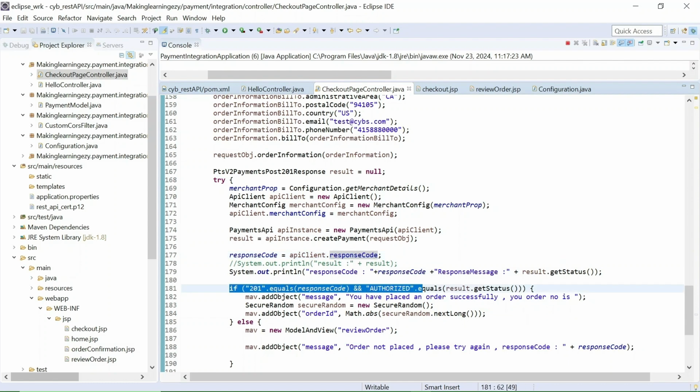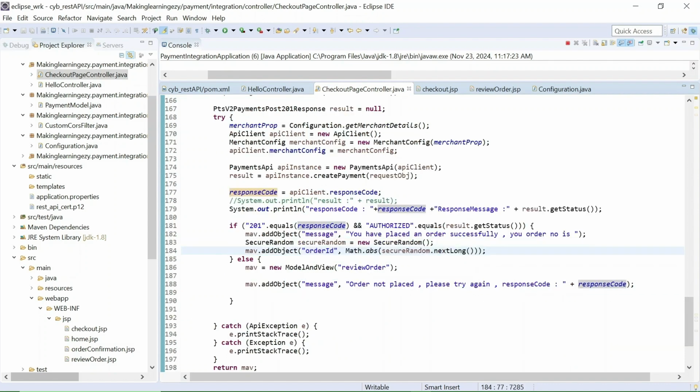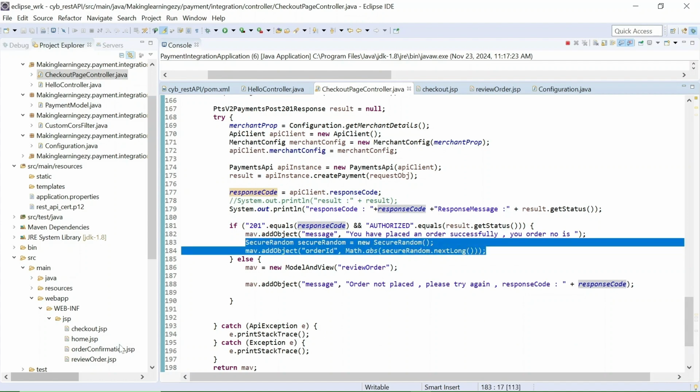And here I have put a condition to check if the payment was successful or not. So I am checking the response code and the status, if it is authorized and the response code is 201. Then I am creating the order number, which we will use on the order confirmation JSP.